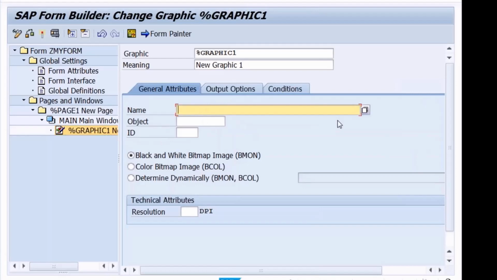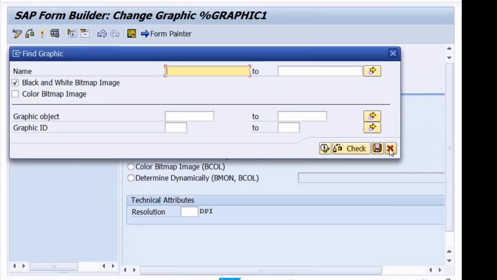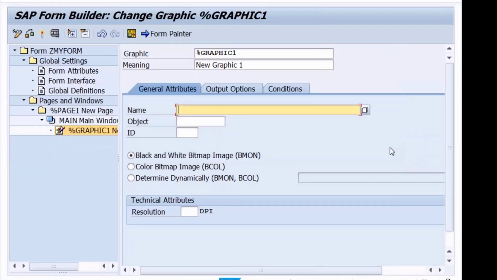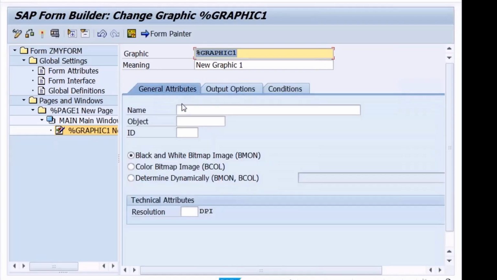But here, first of all, how do you get it from the work area, Chaitanya? Here you have to go for the SC78 concept, na? How do you do it dynamically here?